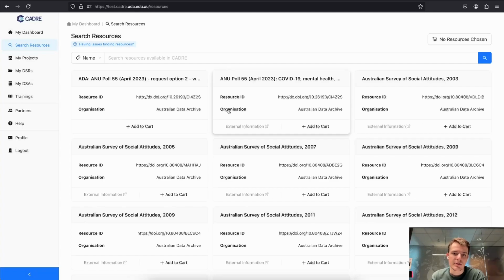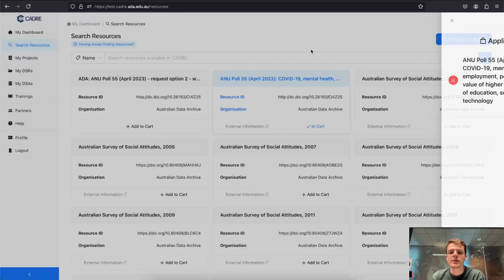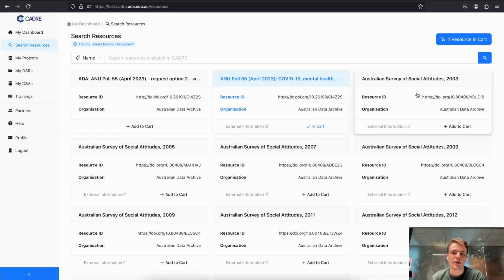So we can add resources to the cart by clicking them. And once we do so, we'll then add it to the cart here, as you can see, ANU Poll 55. The way it works is you can also do bulk requests. So this is an individual data set that once I get approved for, I can get given access to the